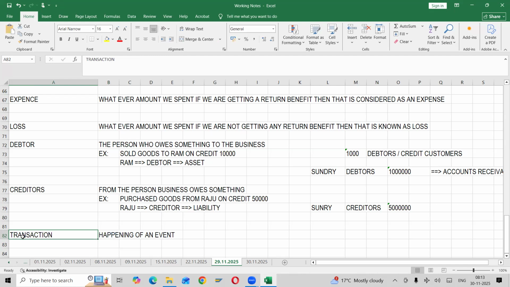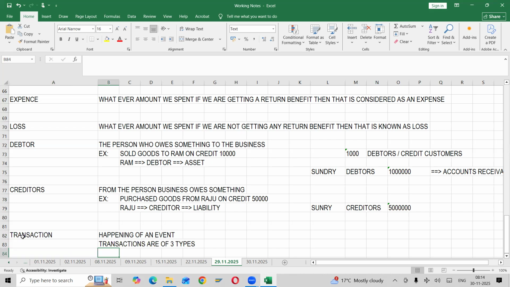Purchased goods, paid rent, received commission, paid wages, anything here, paid, received, right? So what is involved? Commercially, money is involved. Your cash or cash worth will be involved. Then that is considered as a transaction. And the transactions are of three types. I will discuss only two types right now, and later I'll discuss one more type.